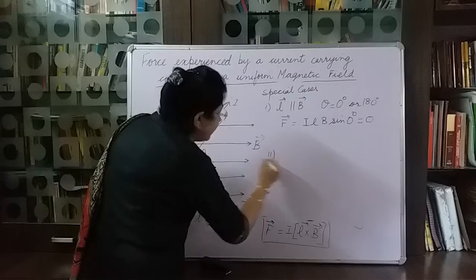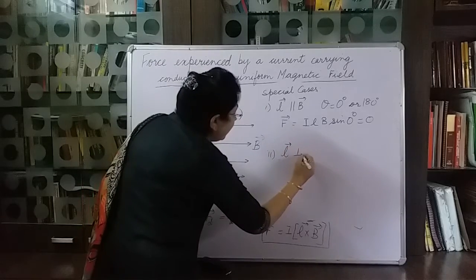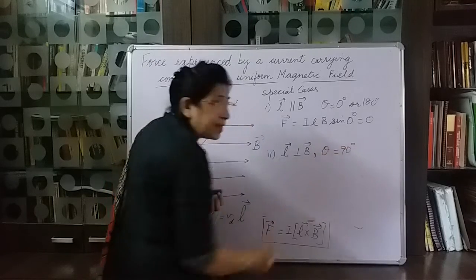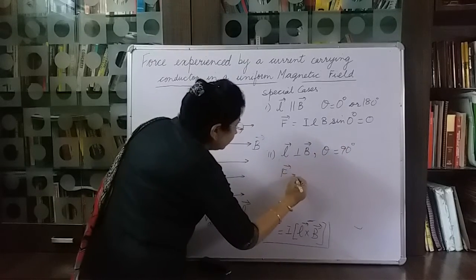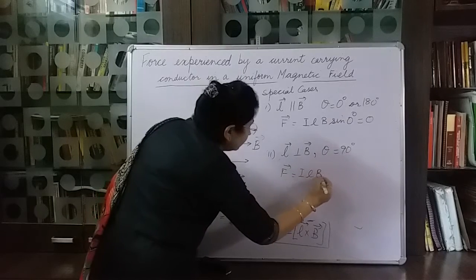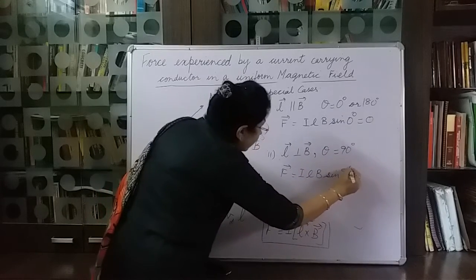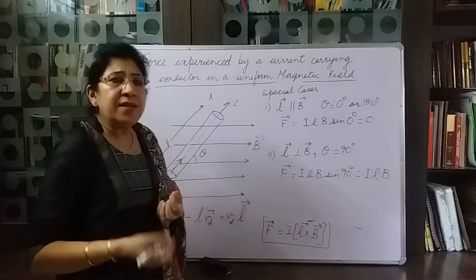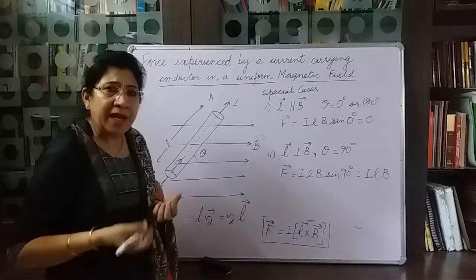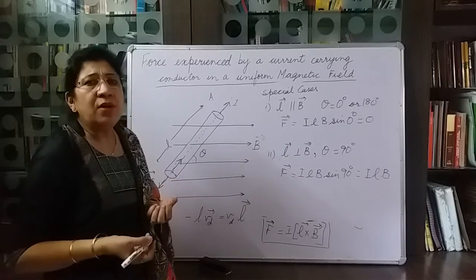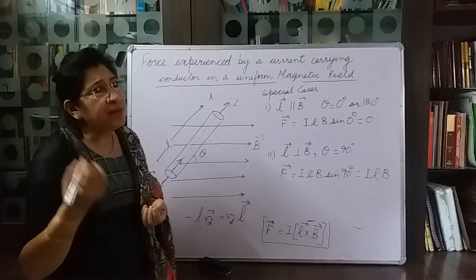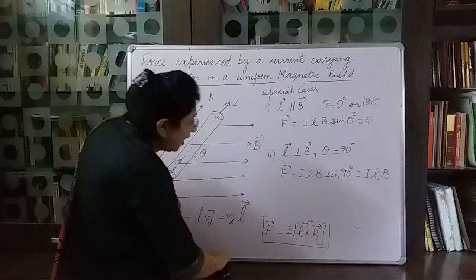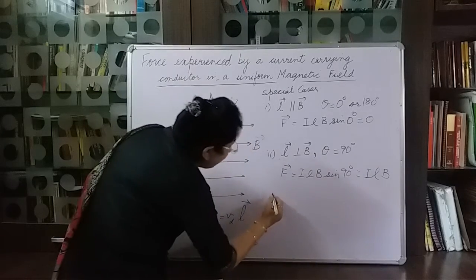In the second case, let us take L perpendicular to B, that is theta would be 90 degrees in this case. So F would be ILB. In this case, if the current carrying conductor is placed perpendicular to the magnetic field, it experiences maximum force ILB, and the direction of this force is given by